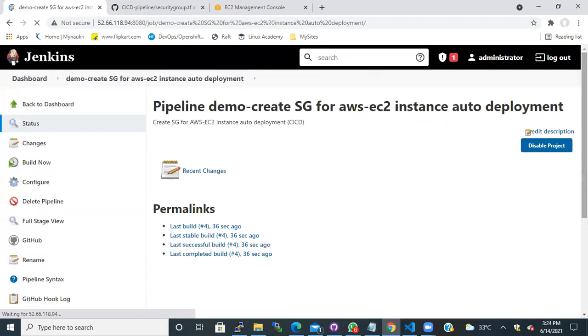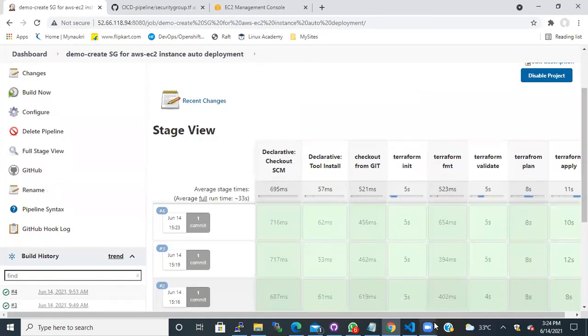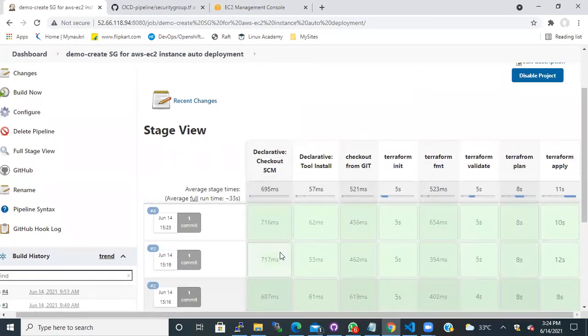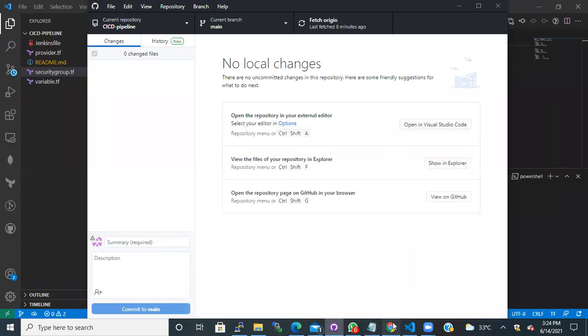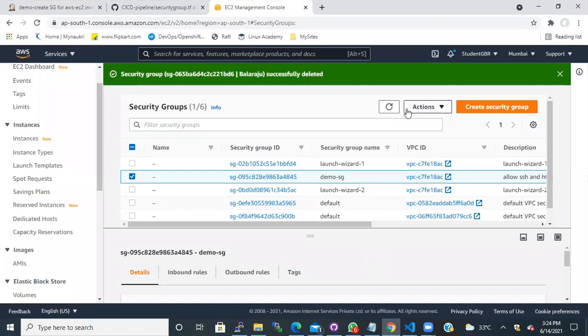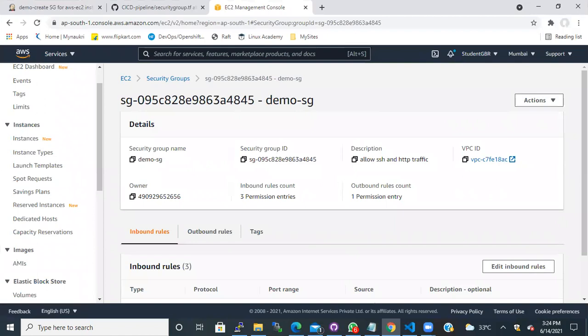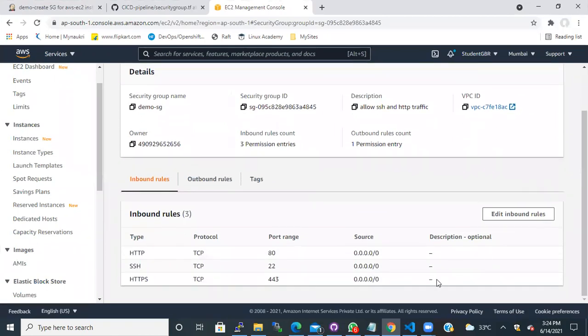This is running. So it's completed, it just now completed. Okay. So if I come back here, EC2 instance, refresh, and this is my security group. Did you see? It's 443. Yes. Now if I remove and save it,